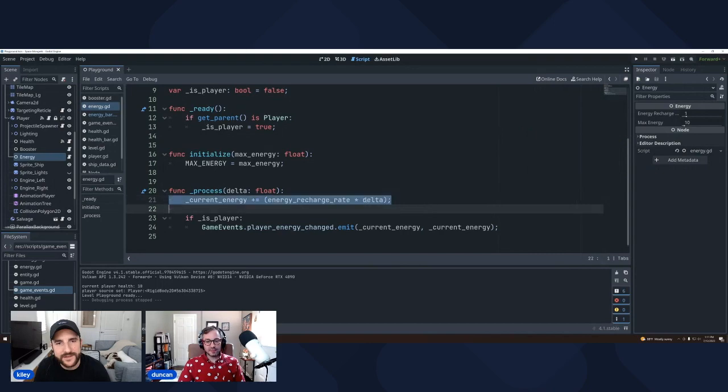So if we multiply it by that, it's basically going to smooth it out. It's going to limit it basically by the frame rate, right? And since it's a second-based frame rate, it'll recharge as much as 1 second has gone by in the frame.